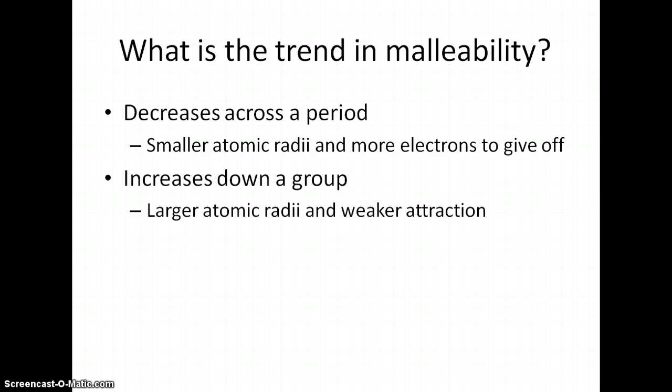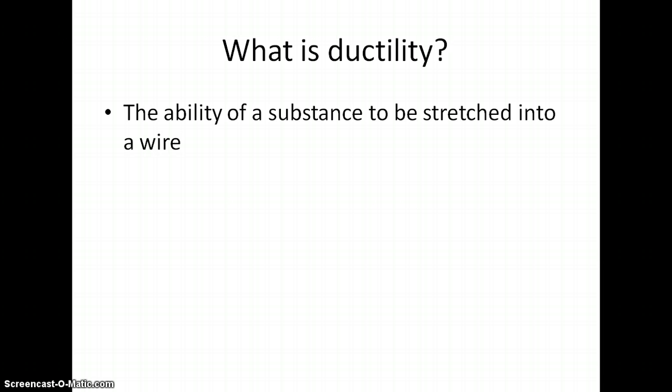Malleability decreases across a period, so smaller atomic radiuses tend to give off more electrons, and it increases going down a group. So larger atomic radiuses and a weaker attraction to those electrons that are on the outside. So they're going to more easily give up those outside electrons when they have a lot of electrons completely. All right,